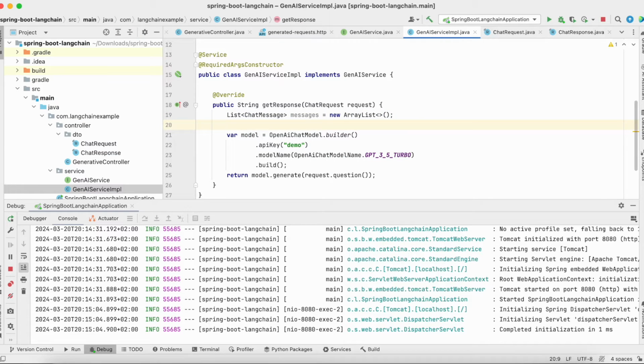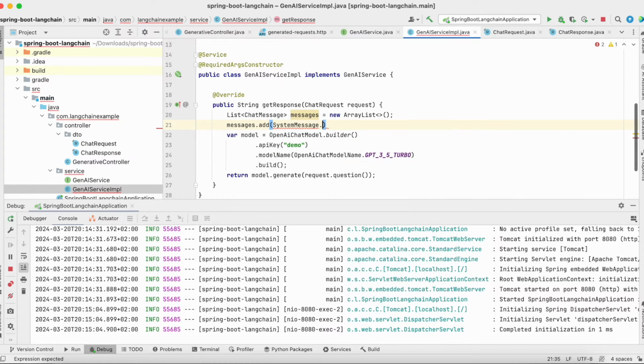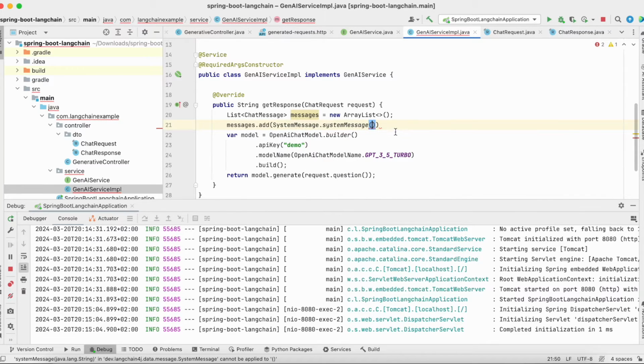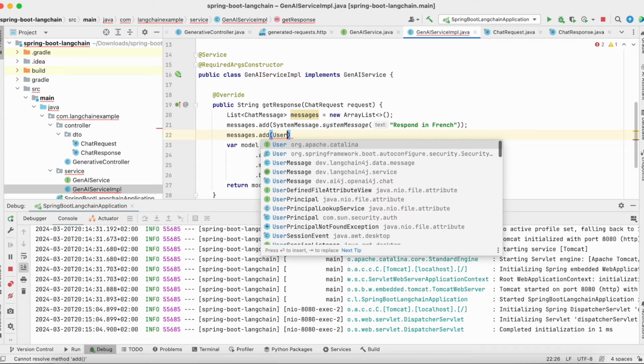And let's create system message. As you can see, LangChain4J provides you convenient methods to create system message. You can use system message or from. And let's say that we want our responses in, for example, French. Something like that. And then after that, we add user message